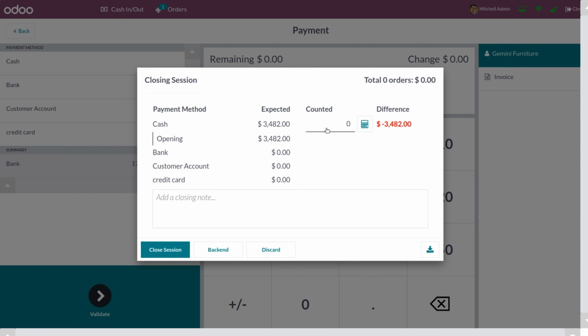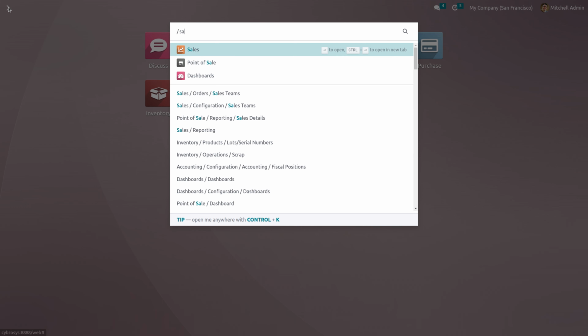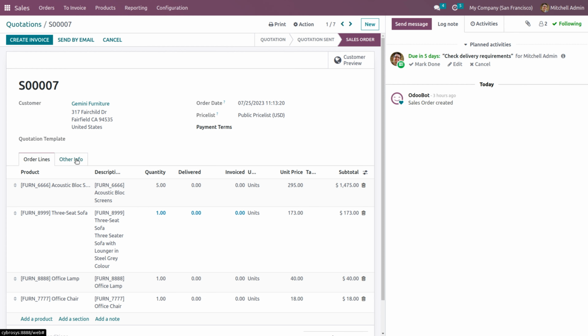And let's close. So at the time of closing, you have to add the counted amount, otherwise it will be considered as a loss, which means there is a difference between the expected and counted, so the difference will be kept as a loss for the company, and it will be recorded in the cash difference loss. Now what we have to do is go back to the sales and let's see the order where you can find